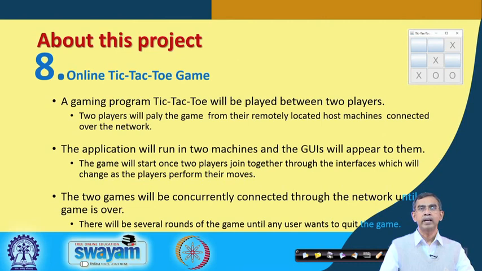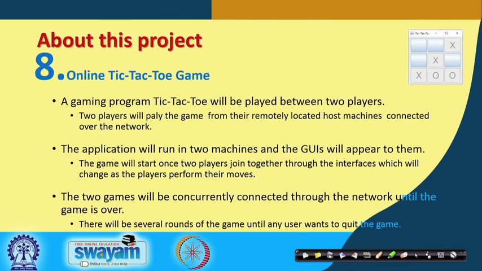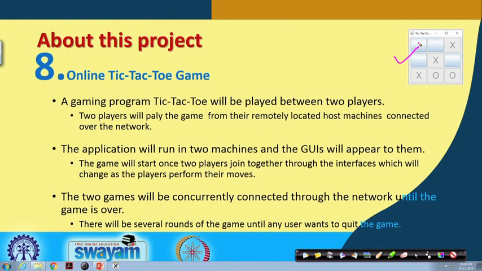Now, the idea about this project. We see the tic-tac-toe board as it appears, a familiar form as shown here. This is the tic-tac-toe board, and there are markings. There are two types of marking, as we see here: one is the cross and the other is 0. The cross marking is made by one player, whereas the 0 marking will be made by the other player.